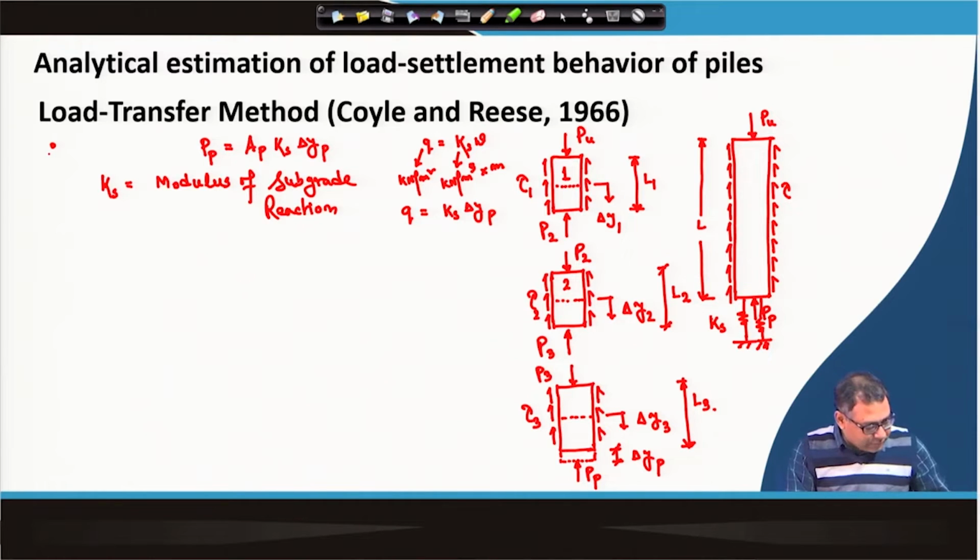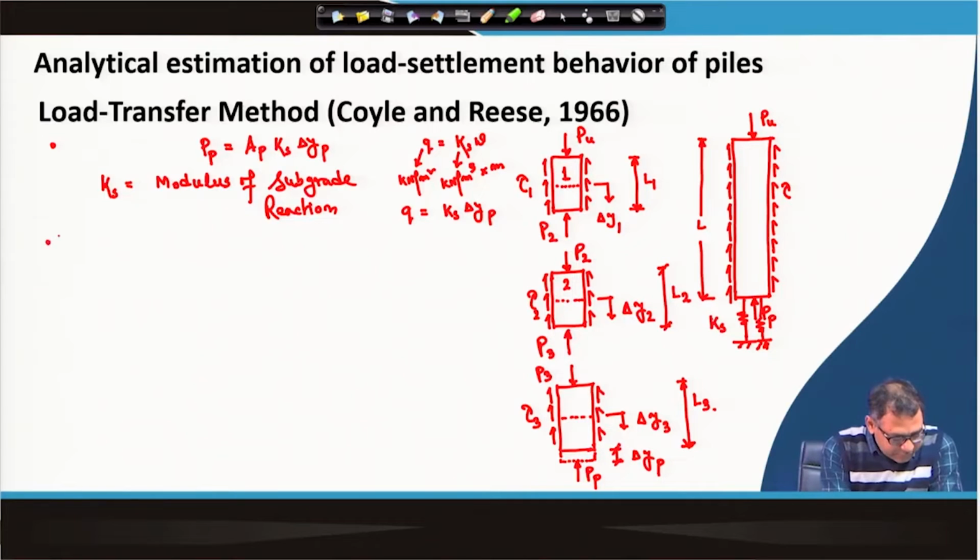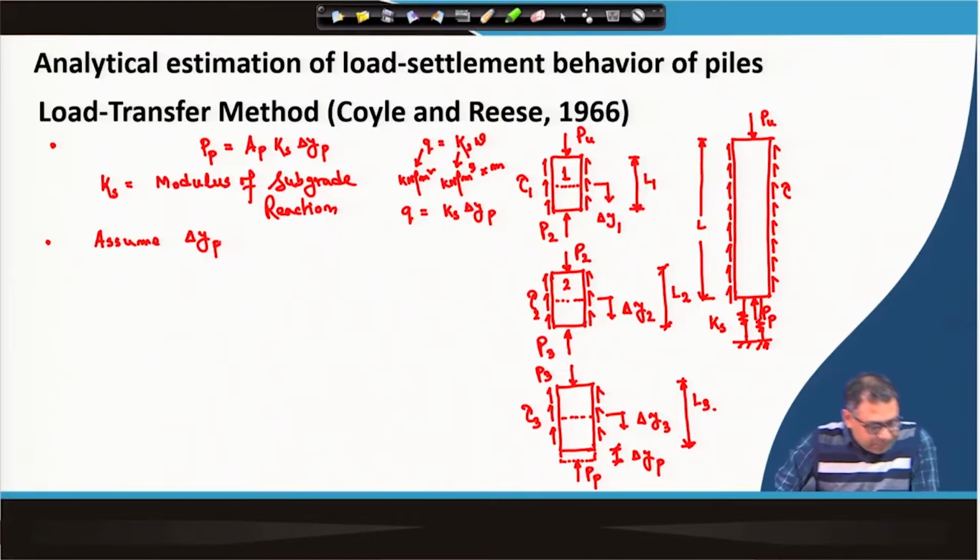And to calculate the P p, for the first trial we assume a value of del y p. Unless the pile is resting on a rock, there will be a small value of del y p. So we have to assume a small value of del y p,